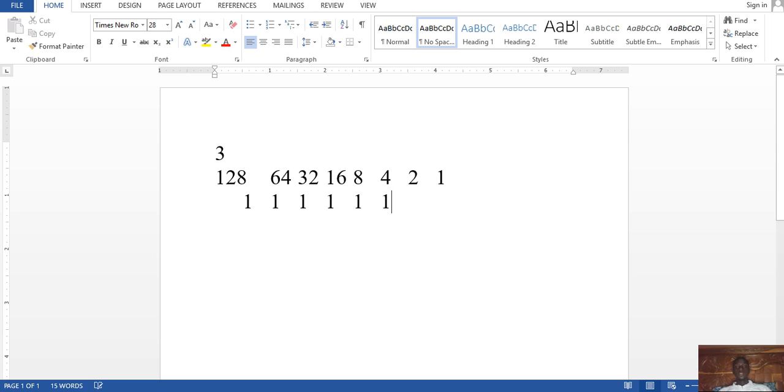And the next value is 2. Can 2 be subtracted from 3? Yes. If I subtract 2 from 3, I am left with 1. Basically, can 1 be subtracted from 1? Yes, it can be. So the last is, if I subtract 1 from